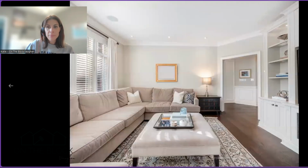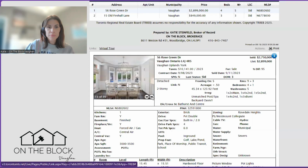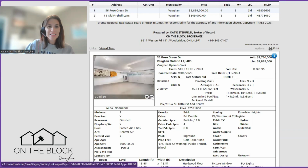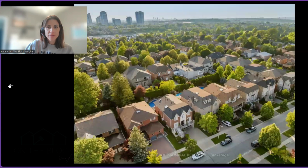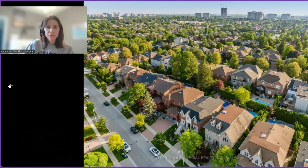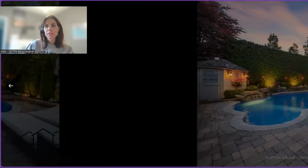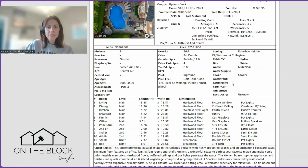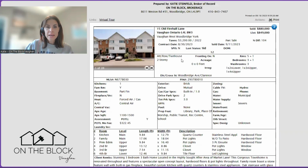It did have a pool in the backyard. Just quickly scroll. It'll be quicker to go this way and I won't make you as sick. But the pool you can see here. I'm just going to go backwards because it'll probably give you a better, quicker version of the pool. So yeah, there's the pool. Beautiful. So that one sold for 2.75 in 3 days. And then if we go to the lowest price sale, this is a townhouse, 3 bedroom, 3 bathrooms, sold for